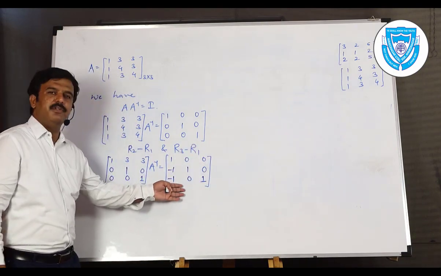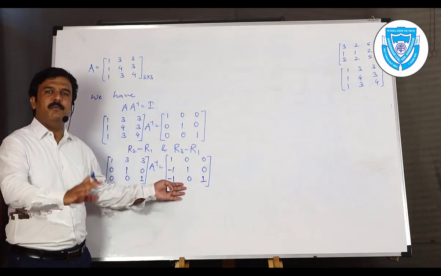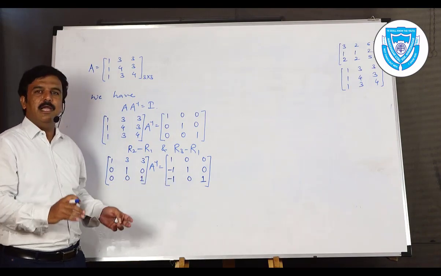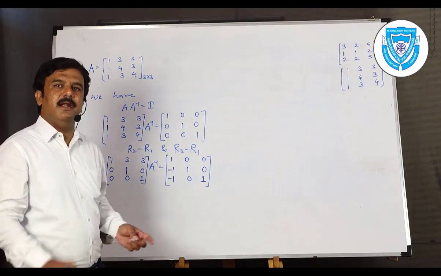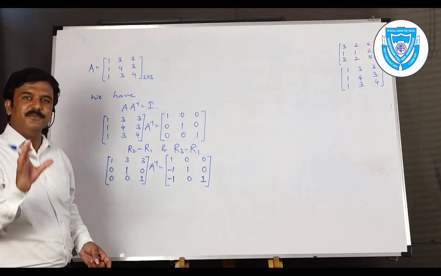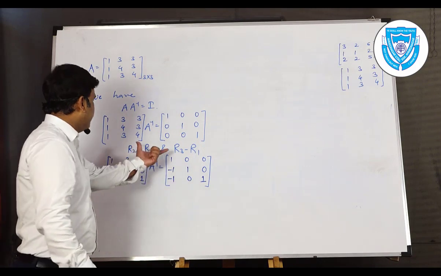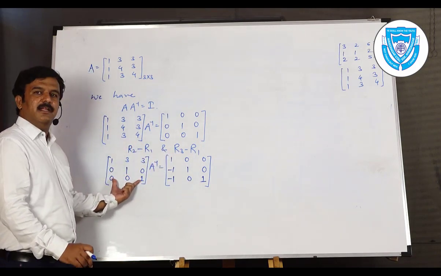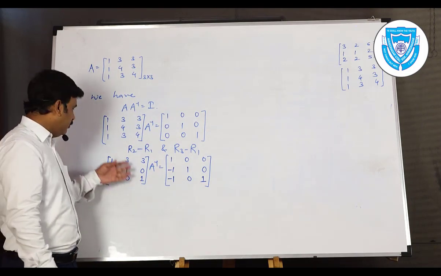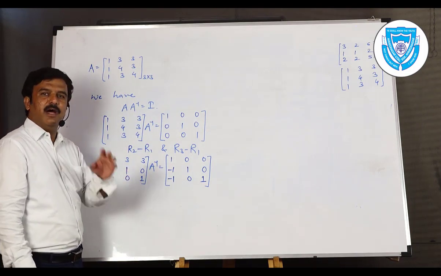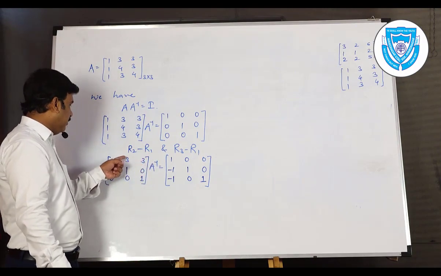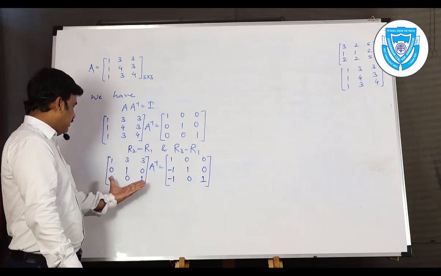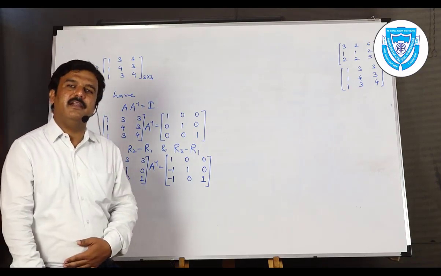We'll not worry about this matrix. We'll just keep on performing the operations. We are concentrating on the left hand side only. Our aim is to get the identity matrix at the left hand side. And can you observe that just in two operations we succeeded to transform the left hand side into half of the unit matrix. Almost we have done with half of the matrix. Now our aim is to get 0 over here and later on 0 over here. Just in two operations we can change the left hand side into an identity matrix.